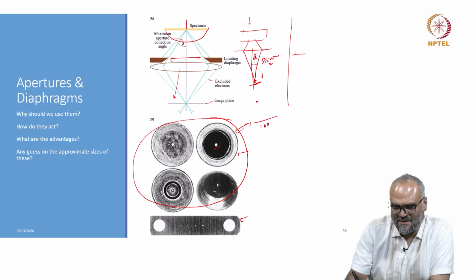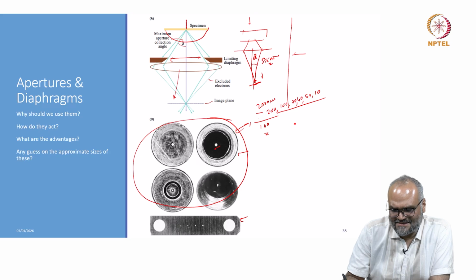If I think about the first condenser apertures, these are of the order of 2000 microns, and the second condenser apertures are somewhere 200, 100, 70, 40, 50, 10 and so on, and the selected area and